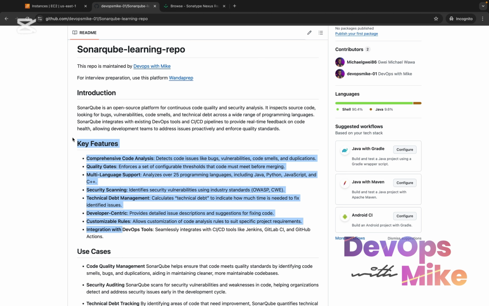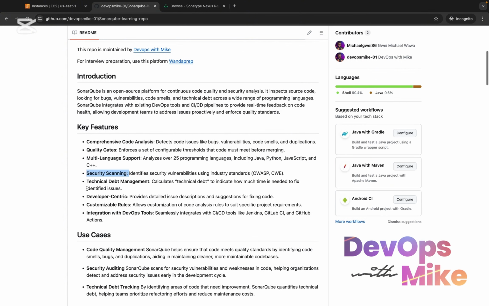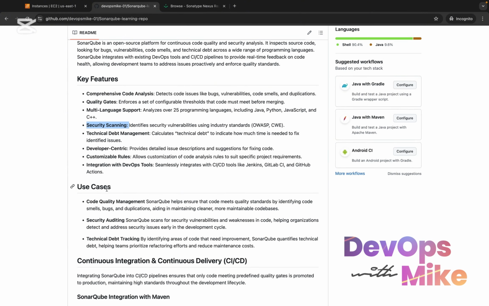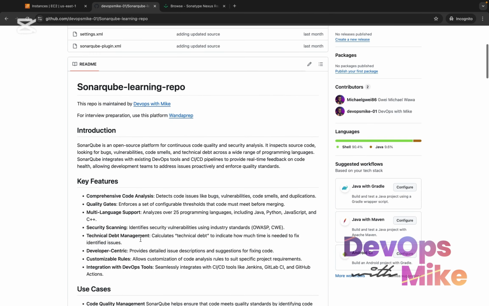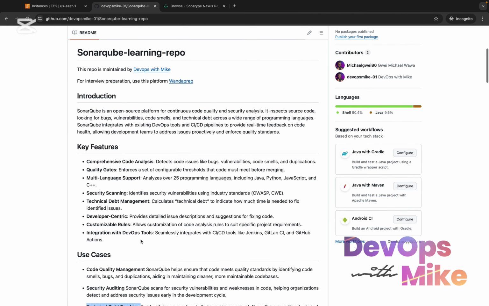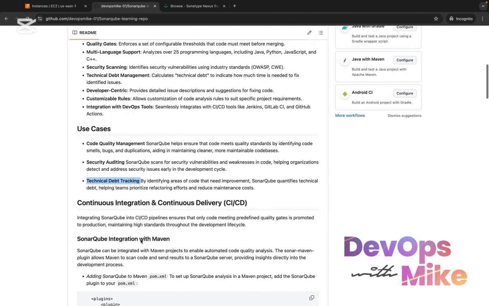Once you set up a SonarQube server, you can perform comprehensive code analysis. You can enable or set up quality gates. You can have support for multiple languages as far as scanning is concerned. You can do security scanning and all that. Now, what are some common use cases of SonarQube? You can use SonarQube for code quality management, for security auditing, and for technical debt tracking. So this repository gives you a more detailed understanding of what you can use SonarQube